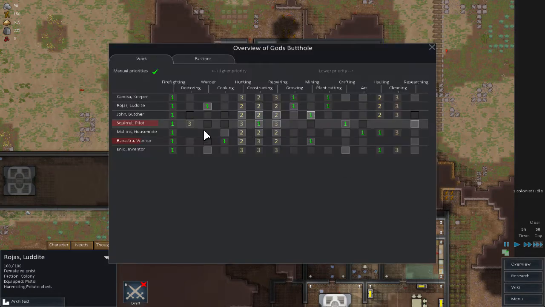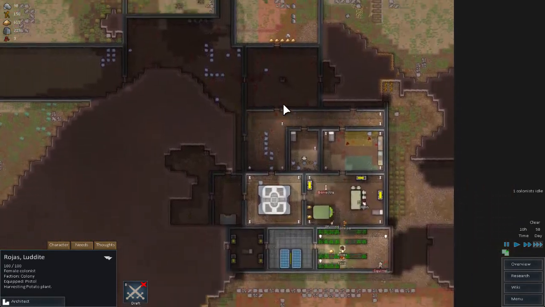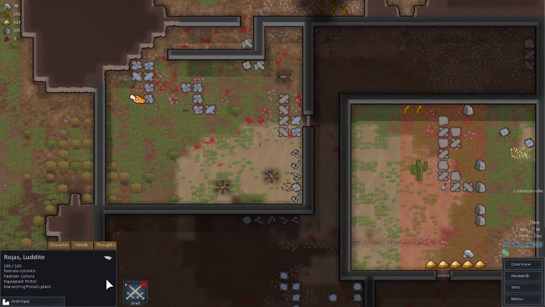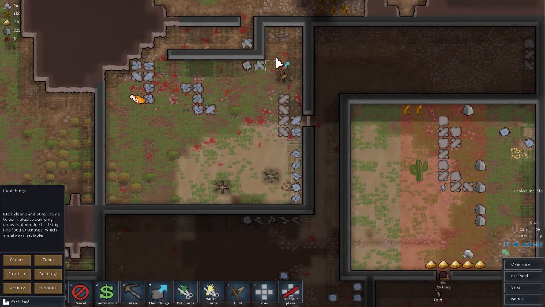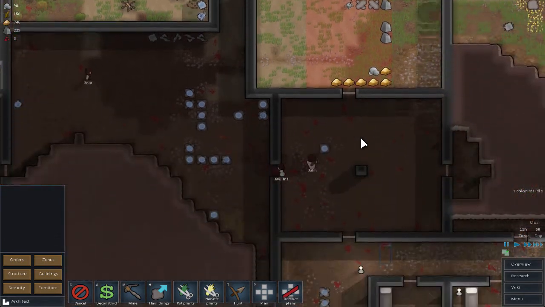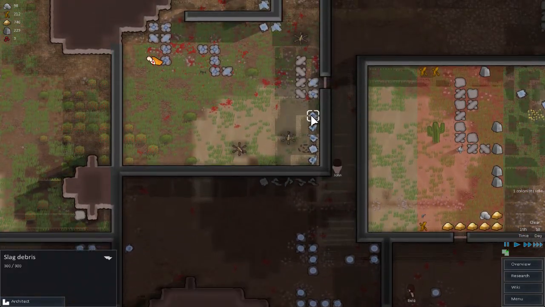But of course, we will leave all of those things still checked at 3, just in case, so we could give her some other work in case there actually is nothing to haul on the map. So we actually have some other stuff to mark for hauling as well. So we need... I could actually right-click on a need and say, hey, haul out all that rock